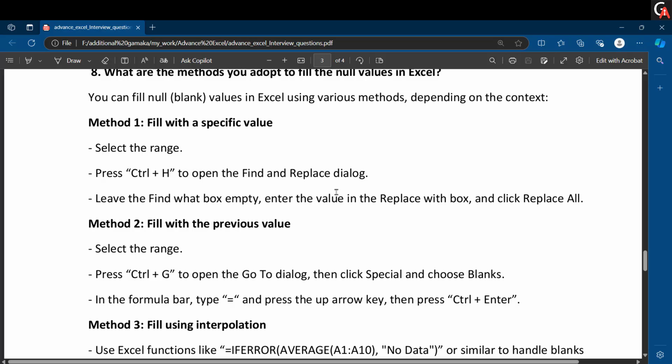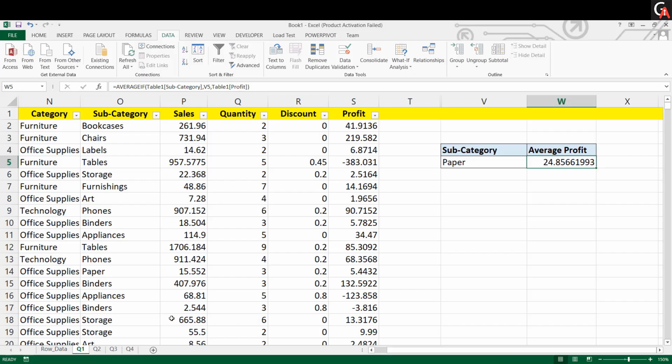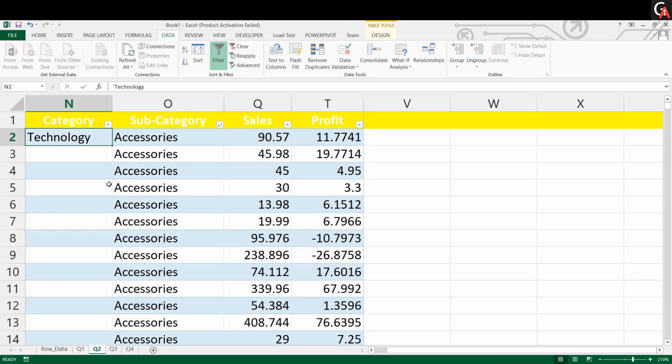We will see one method practically. Let me go into the workbook I have right now. This is the small data I have, where I have some blank values with respect to the categories, right? So I want to impute these with respect to the corresponding category. We can employ the fill up and fill down option, because it is categorical data. So what I'm trying to do here is select the range, Control Shift down